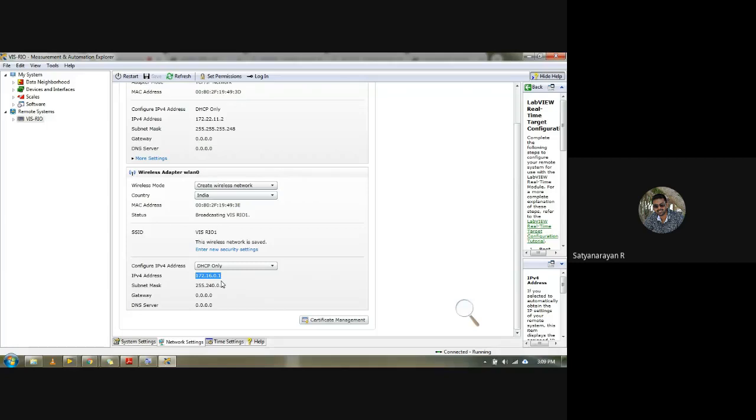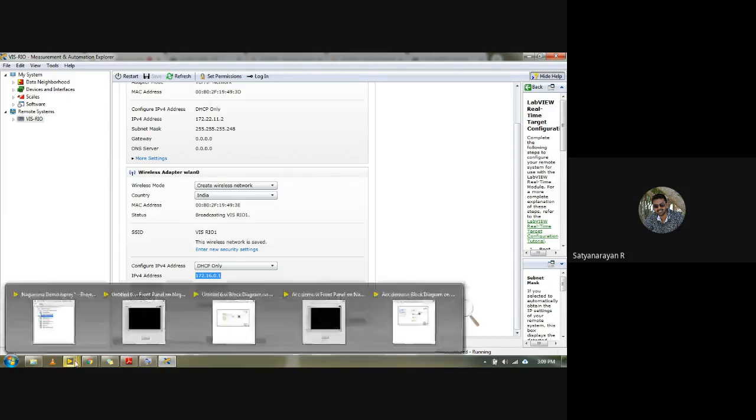There will be two different IP addresses inbuilt in your myRIO. One will be the wired IP address, which is 172.22.11.2. And if you create a wireless network, then it is 172.16.0.1. So this is the difference, and whatever IP address you have,